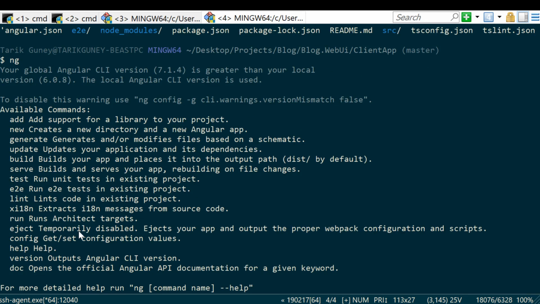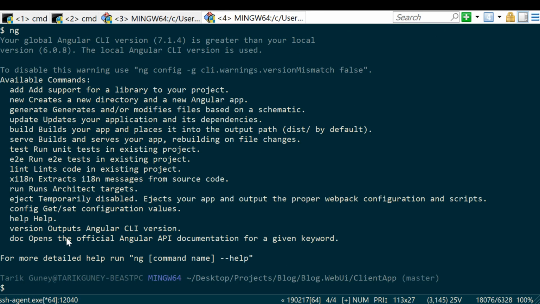By the way, we are waiting for Angular 8, and I haven't read a lot about it, but what I've seen is that they are introducing a new view engine, and they claim that it's faster than the current view engine, but I haven't had a chance to do any benchmark. So anyway, ng add Angular